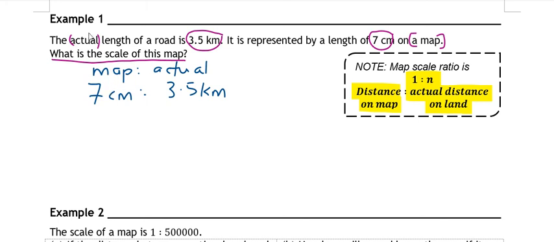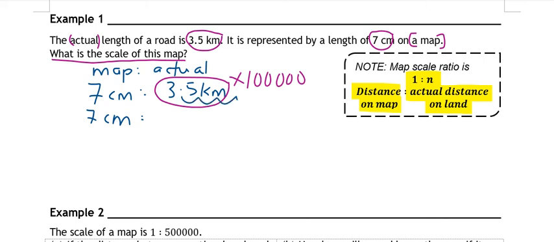Now, before you simplify, you have to make sure that they are in the same unit. So 3.5 kilometers is 100,000 centimeters in life, so for 7 centimeters on the map, when you try to move the decimal point, you will get